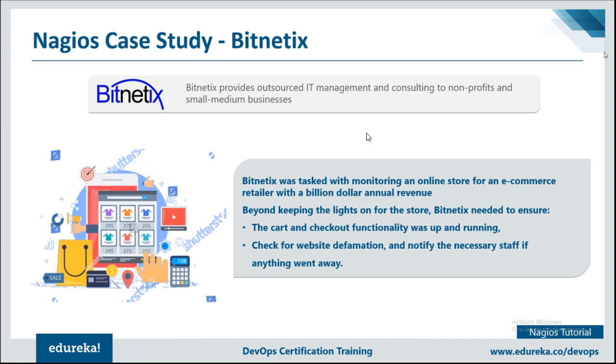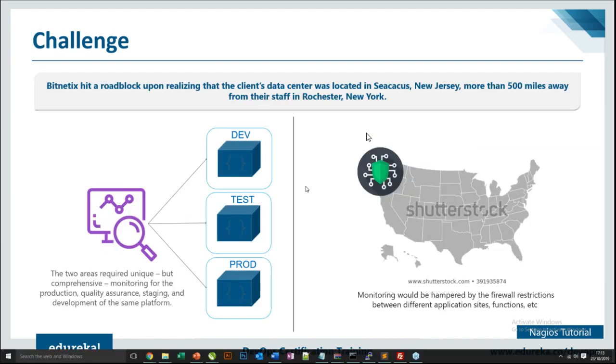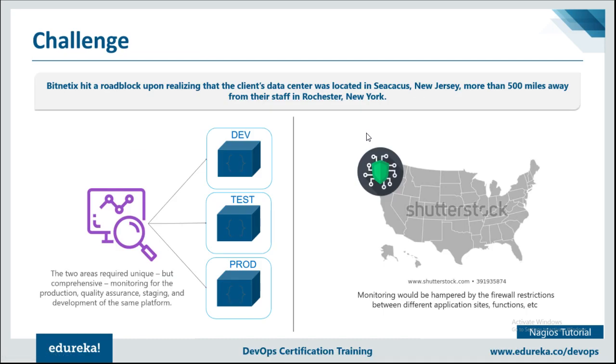Based on the requirement that they had set up, they hit a roadblock upon realizing that the client's data center was located in Secaucus, in New Jersey, more than 500 miles away from the staff in Rochester, New York. These two areas required unique but comprehensive monitoring for production, quality assurance, staging, development, and each and every process for the entire development. So, in making sure that these are all structured and defined properly,